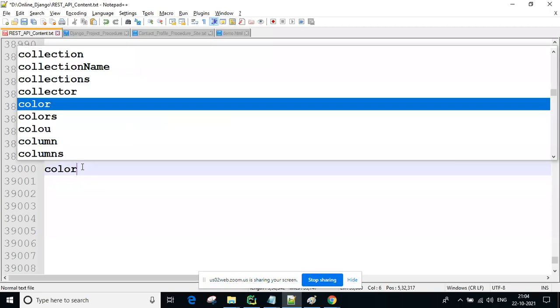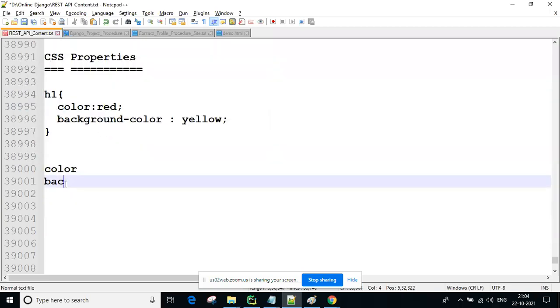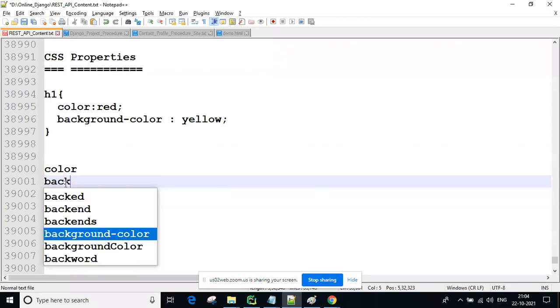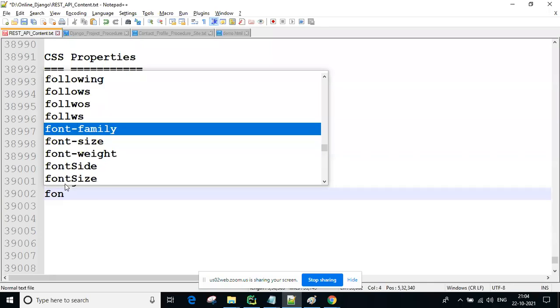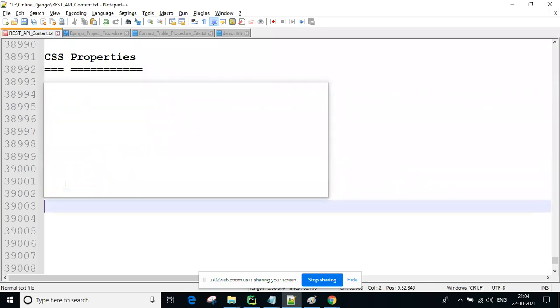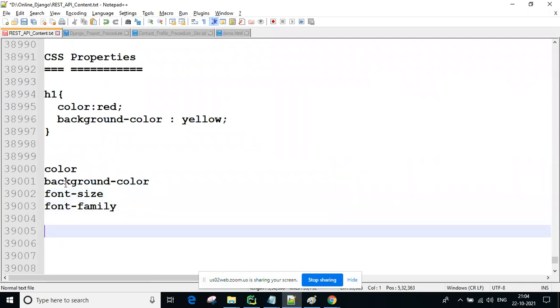So far we are done here. Simply color property, now you can analyze. Background property, font size, font family, most of the time we are using.